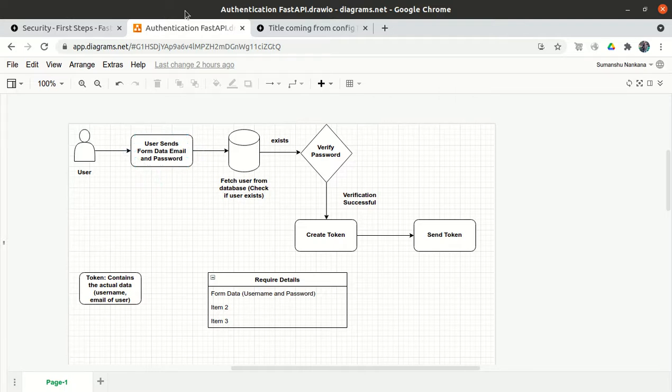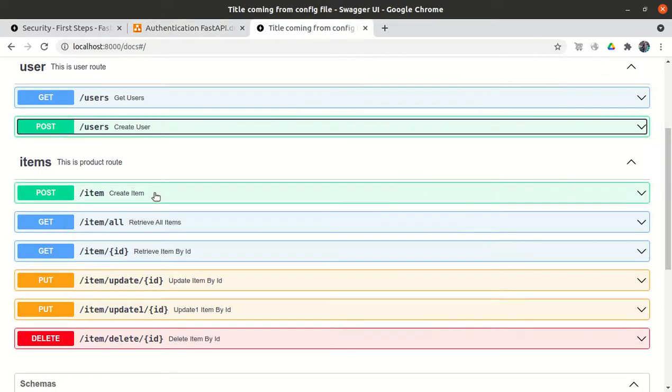What I am trying to say is, when the user creates an item, we will not authenticate the user every time by asking for the username and password. When we log in to Facebook, we log in just once. Even when you try to create a post, it will not ask for the username and password again. When you start chatting with someone, it will not ask again. You have to log in only once.